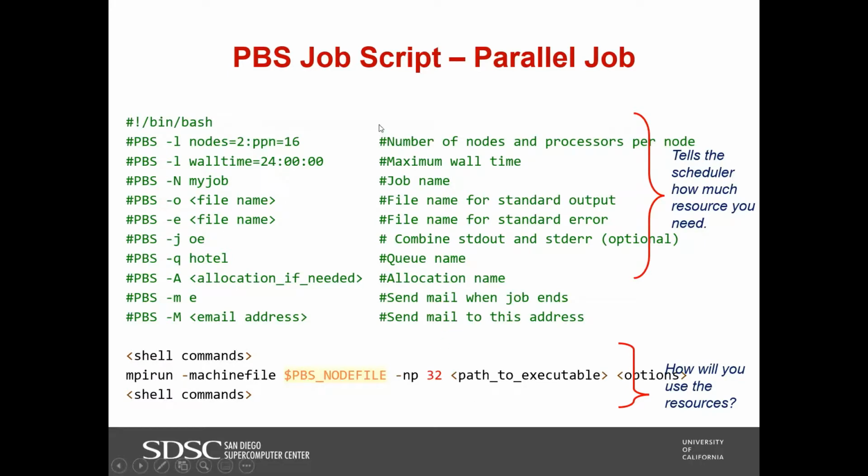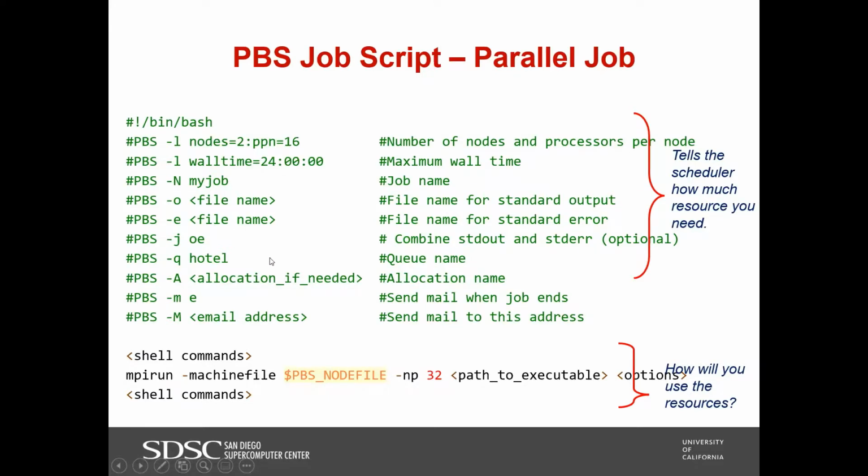The part highlighted in green basically tells the job scheduler how much resources you need. You can see that it begins with #PBS, and then those options you will also see when you're submitting the interactive job, right? So it's almost the same.